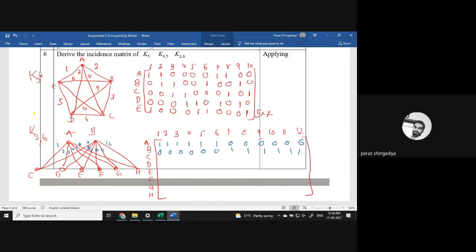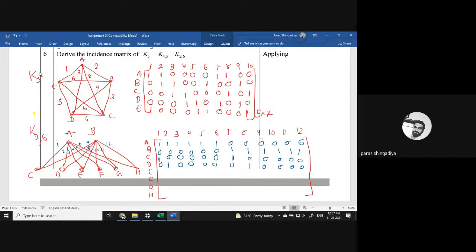clear, that will be a mixed one now, both edge sets are mixed, 1 to 6 and 7 to 12 are both connected. So from C, which contains 2 times 1 in each row, keep 1 at position 1 and 7 and put 0 in the remaining entries, okay. Now D is connected with 2 and 8, second number and 8 number, so consider 2 and 8 as 1 and put 0 in the rest of the entries,